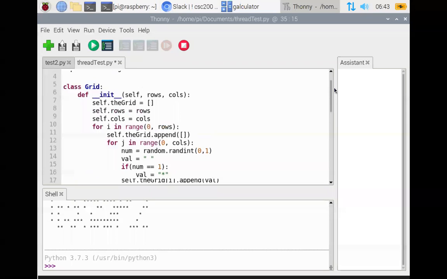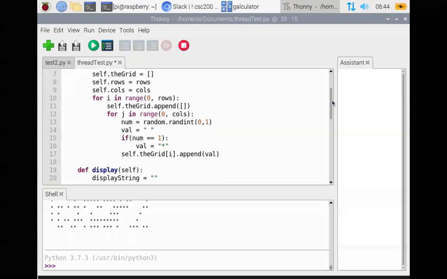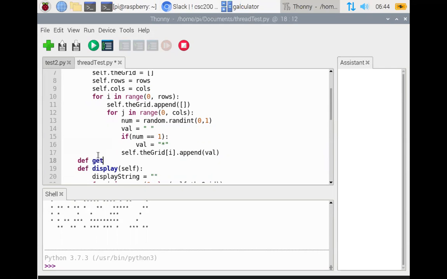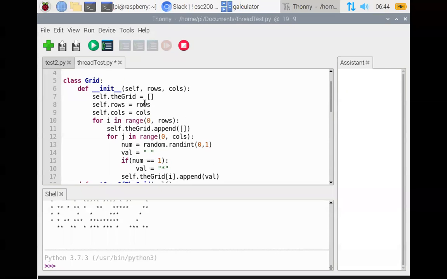So we can ask a grid to give us a copy. Def get copy of the grid. Now, because lists are passed by reference, I'm actually going to have to build a brand new list